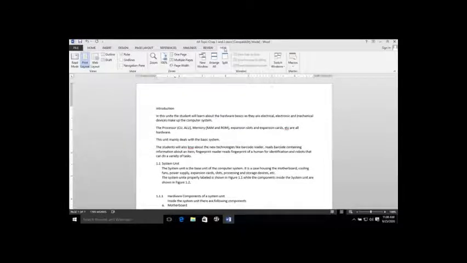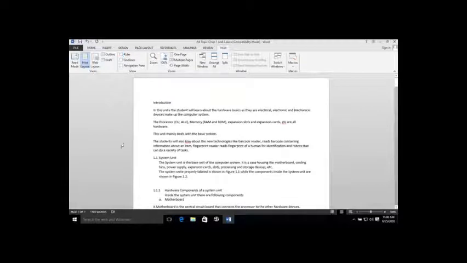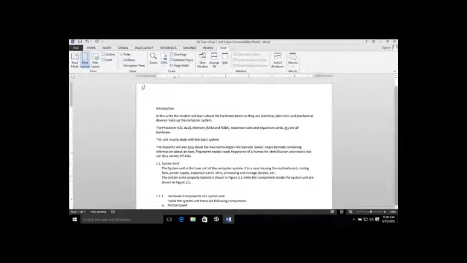you will go to the View tab and click on the ruler, just like I have enabled it, checked it. So when I uncheck this box, you will see that the rulers disappear, and when I check this box, the rulers will appear once again.